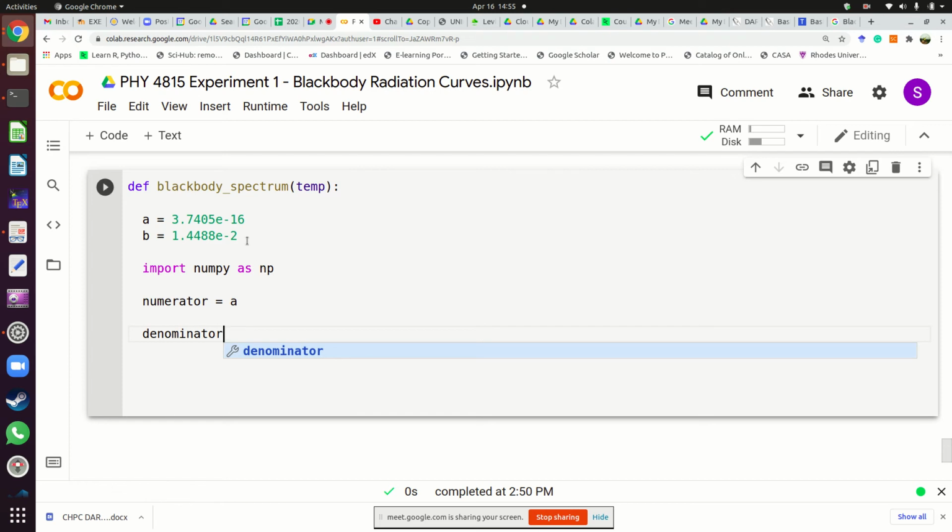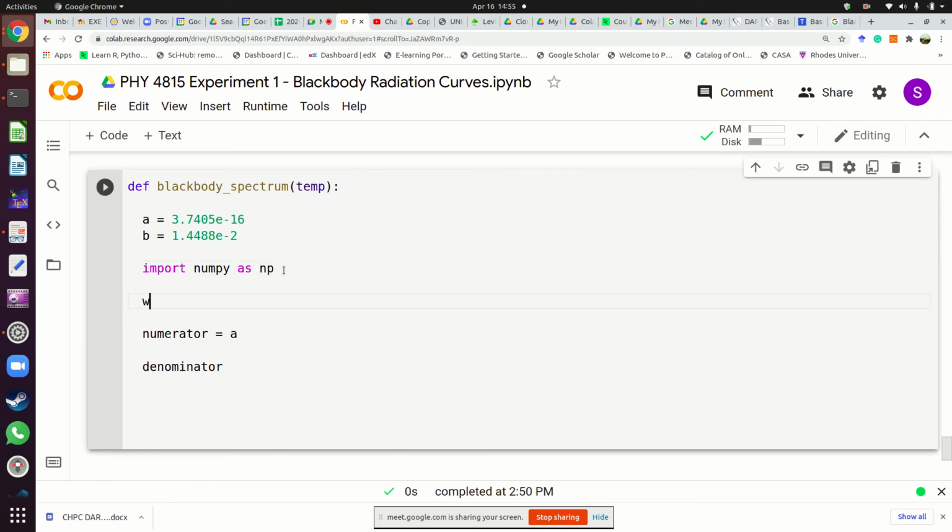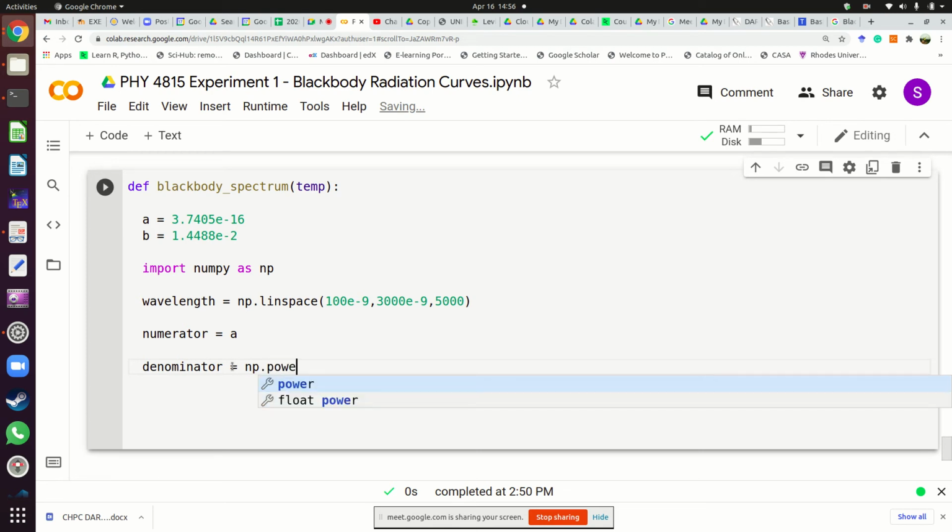After import numpy, we create wavelength. That's going to be np.linspace, where we start with 100e-9 all the way up to, let's say, roughly 3000e-9 for 5000 values. So that's going to be the wavelength. Our denominator is going to be equal to np.power, wavelength raised to the power 5,